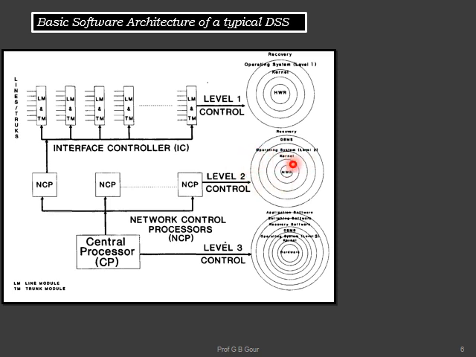Another function that this level 2 real-time operating system is going to manage: suppose one NCP is going to halt, because one NCP looks after many LMs and TMs, then another NCP will come into the picture. Normally, if there are 10 NCPs, one of the NCPs will be made master, and the others will be made slaves. Like that they will work. If some of the slaves halt, the master will come into the picture. If the master fails, then the CPU will come into the picture. Such management of NCPs will be taken care of by this level 2 real-time operating system.